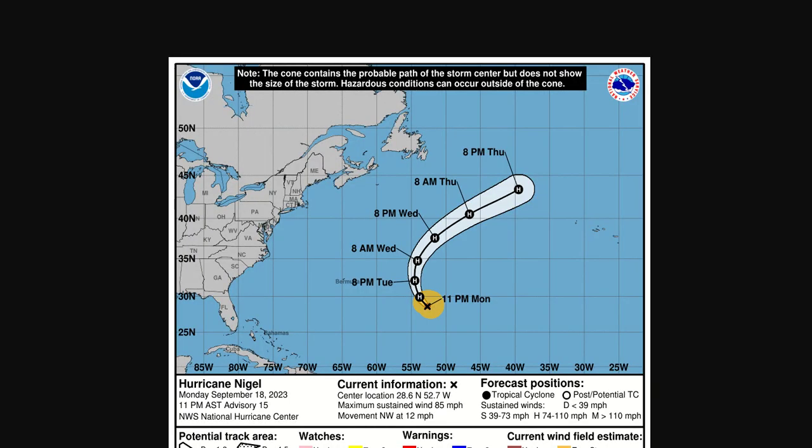Here's the latest on Hurricane Nigel as of 11 p.m. Eastern Time from the Hurricane Center. Hurricane Nigel was at 28.6 north, 52.7 west. Winds up to 85 miles per hour. It's a solid Category 1 hurricane. Moving northwest at 12. Forecast to become either a high-end Category 2 or a low-end Category 3 major hurricane sometime